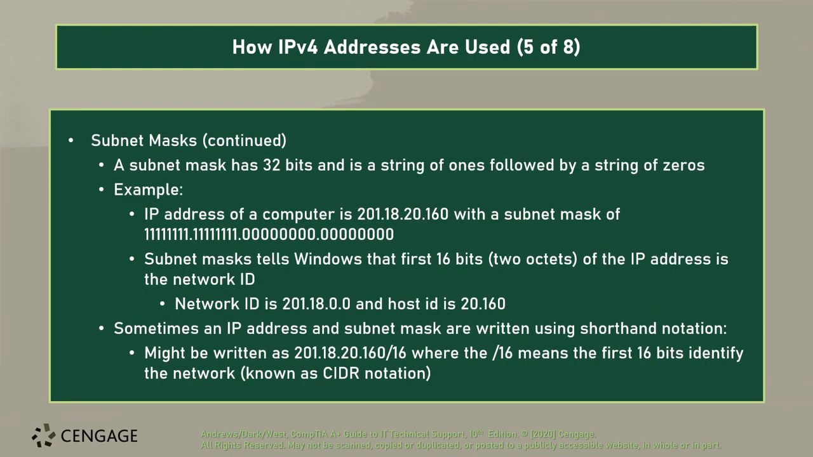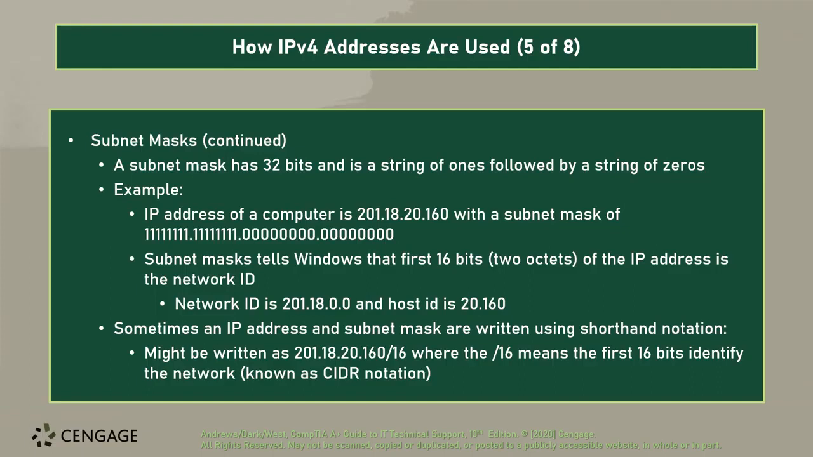So let's take that. Every subnet mask has 32 bits and is a string of ones followed by a string of zeros. If I have an IP address on my computer of 201.18.20.160 and a /16 mask, which is 16 ones in sequence or 2 octets, the first half at that point would be the network ID. If you see all ones in an octet, that means that that whole octet carries over to the network ID. So that means that our network ID here is going to be 201.18.0.0. The host ID is going to be